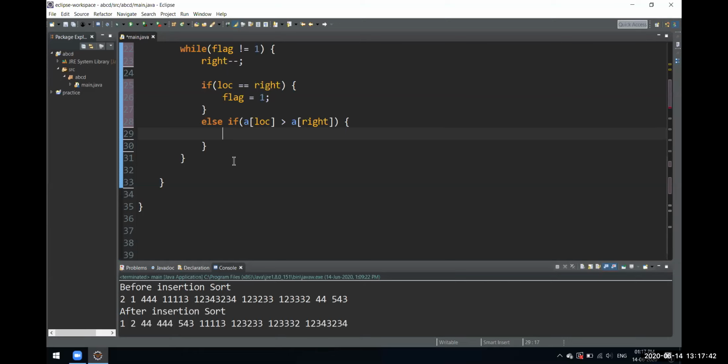One more condition we'll need. Inside this else if, we have to do this.